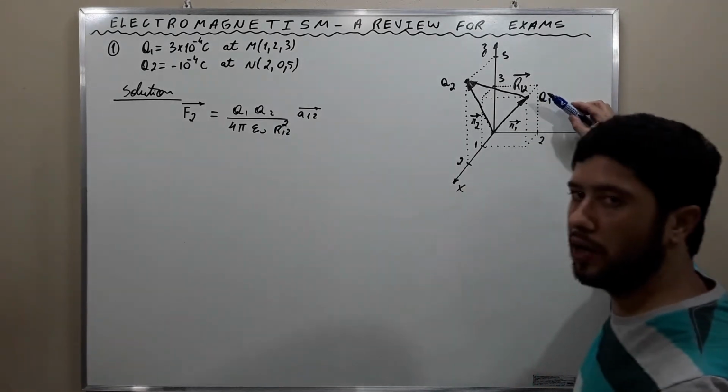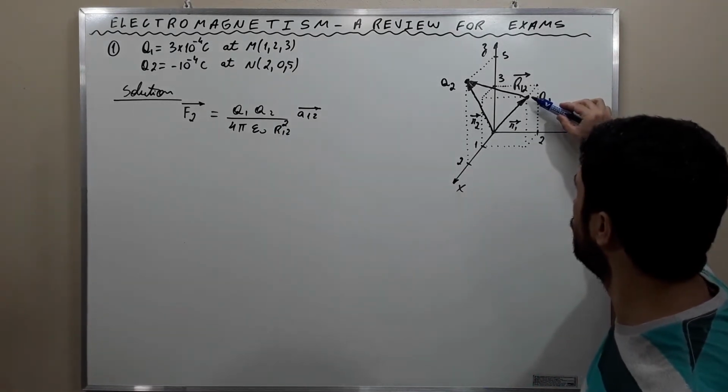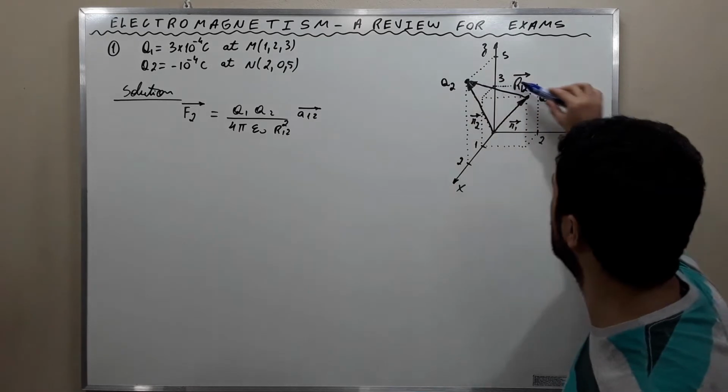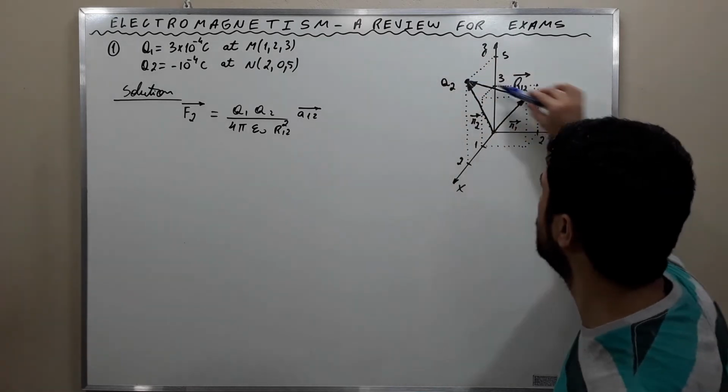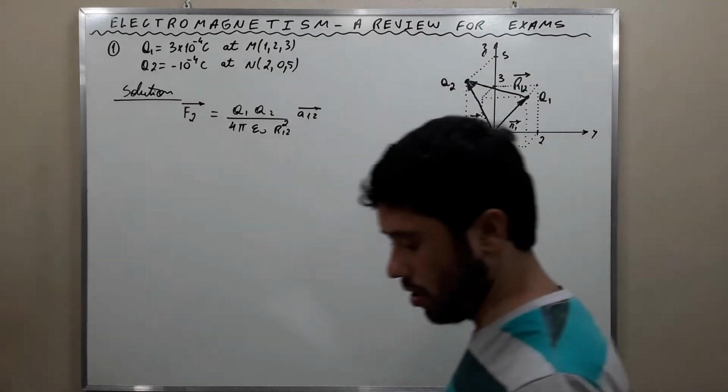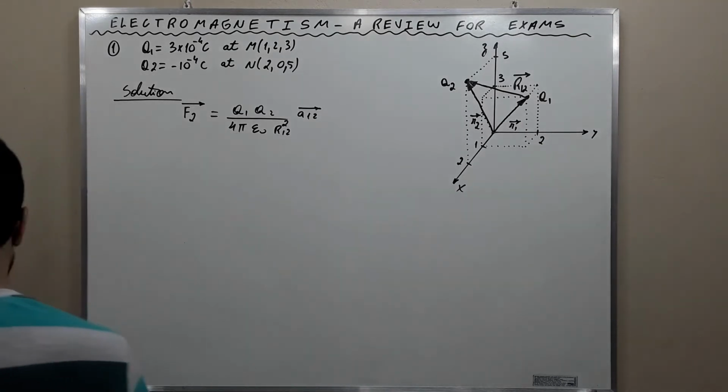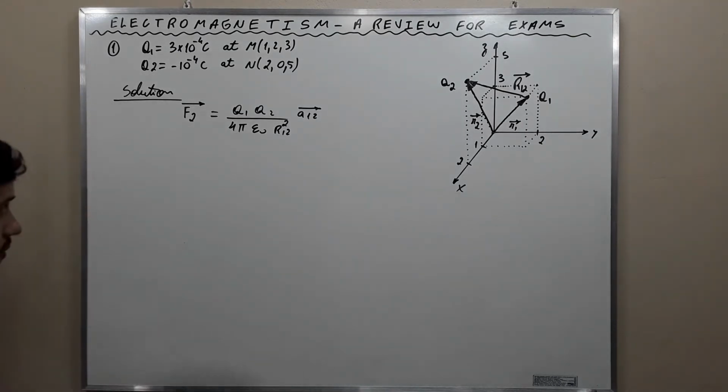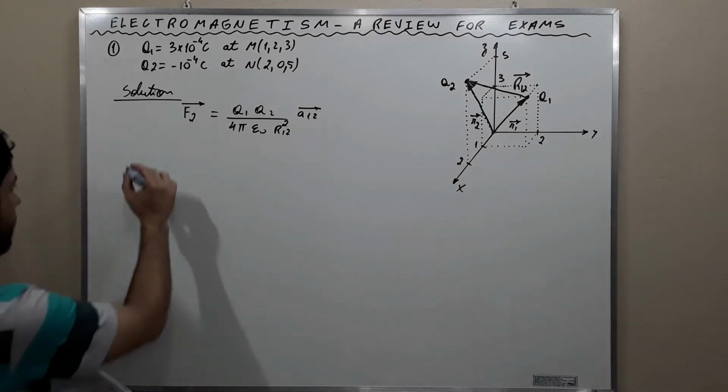You see R12 here, so A12 is a unit vector in the direction of R12, and it can be calculated as